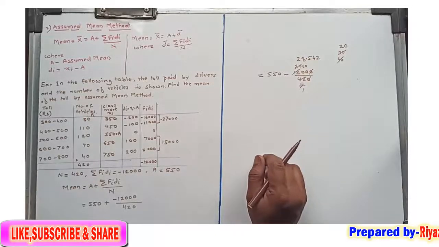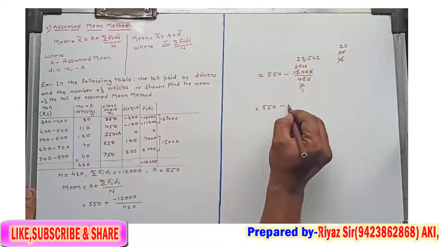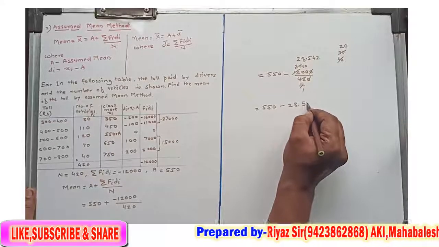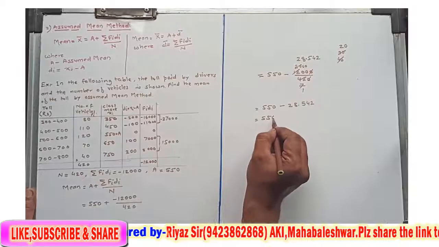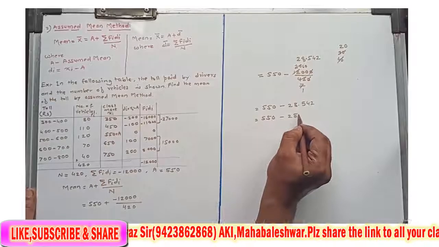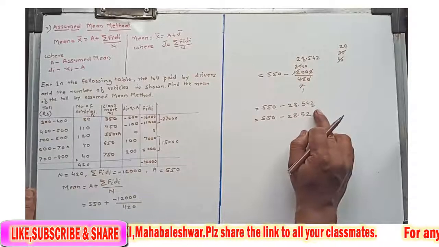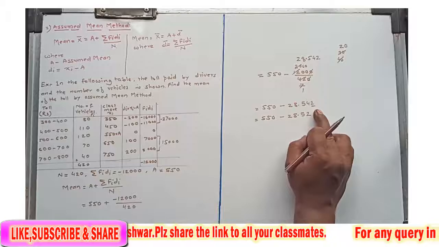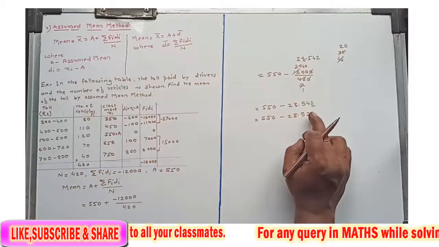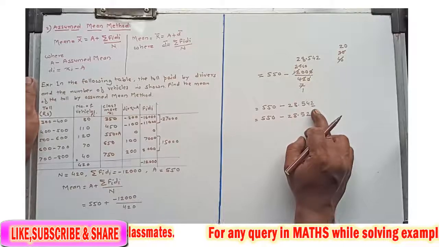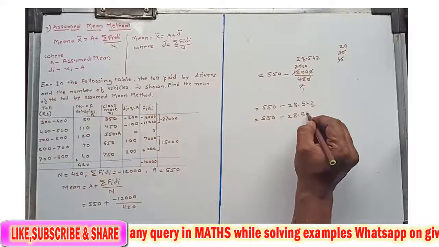Up to 3 decimal places we find the answer. You will get 550 minus 28.542. Okay, so up to 2 decimal places the answer will be 550 minus 28.52. Just see the third digit. If the third digit is 5 or more than 5, then we have to add 1 to the previous digit. Okay, but there is 2 which is less than 5, so we keep that 4 as it is, 28.54.